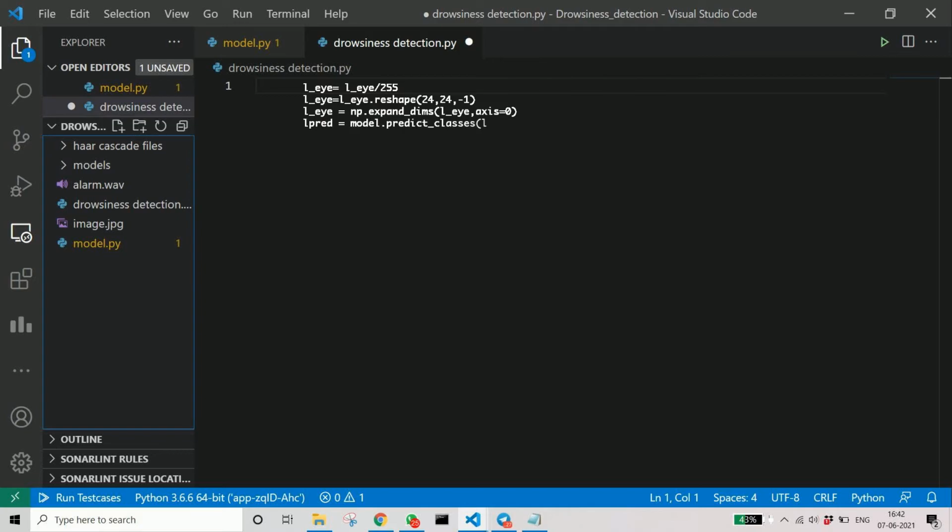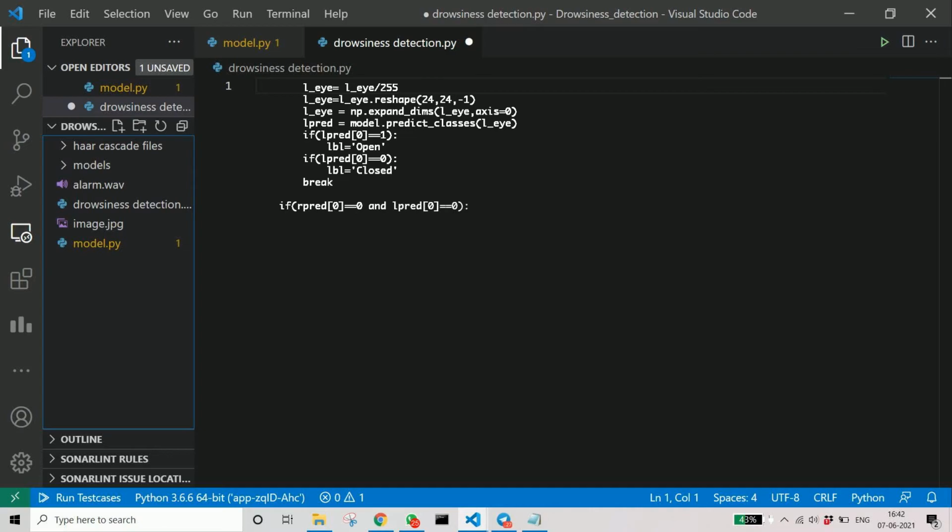Okay, so here also we use model.predict classes. So from the loaded model, it predicts the image as closed or open as a batch. So that's why from the batch we are taking the first element, which is the predict of 0, right? Okay, so here also we define the two if conditions, labeling it as open or closed. Once we get the result, we can break. So this is an important condition.